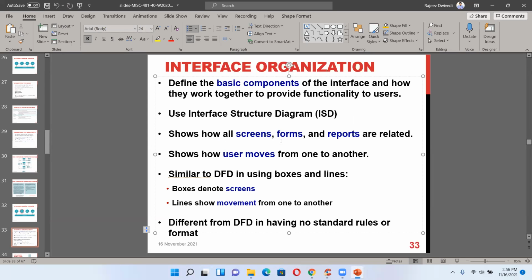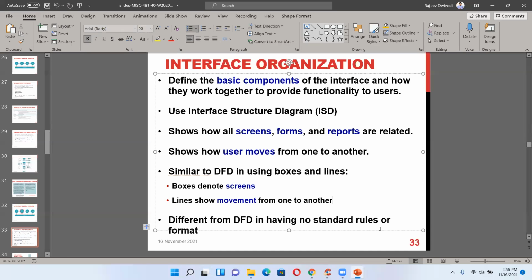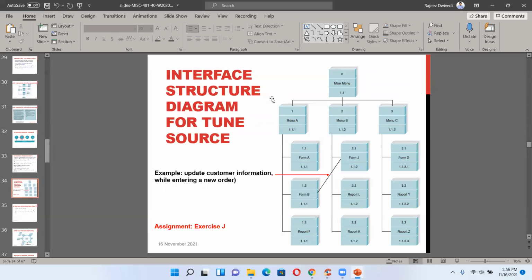So how all screens, forms, and reports are related, and how the user moves from one to another. It is similar to a DFD in using boxes and lines. Boxes denote the screens and lines show the movement from one to another. They differ from a DFD in having no standard rules or formats. So here you can see